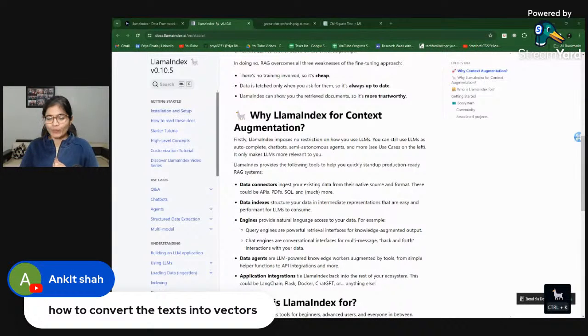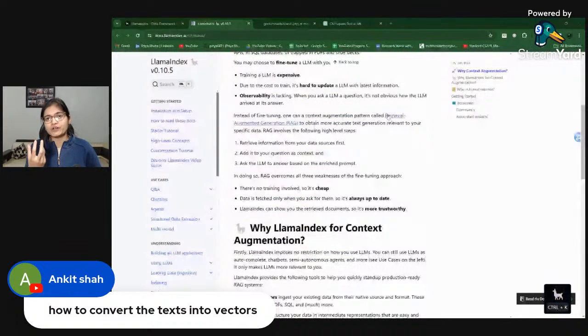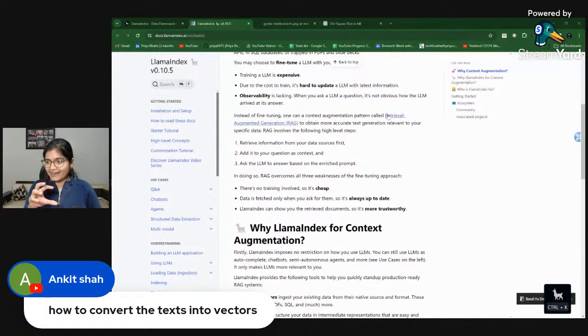How to convert the text into vectors? There exist so many algorithms we have in natural language processing. For example, on a high level, you will observe we have word2vec, and we have the TF-IDF vectorizer. The complete idea of the vectorization process is that my model will not be able to understand what the text is all about, and I want to understand the semantics, or the meaning, of the context as well. That is where word embeddings come into the picture.